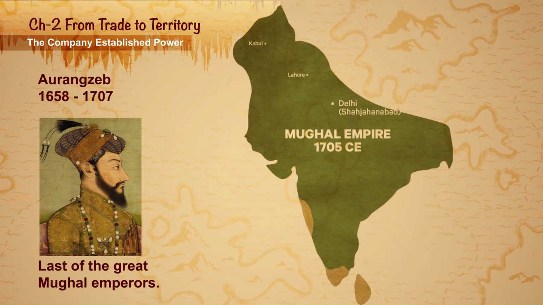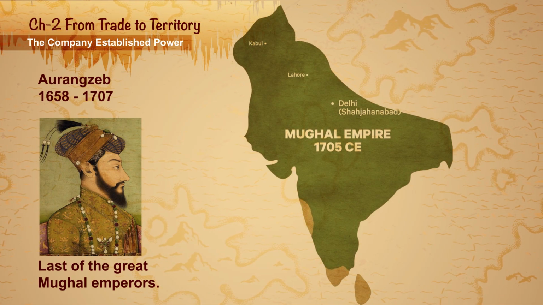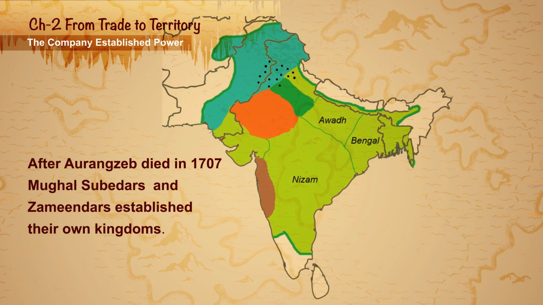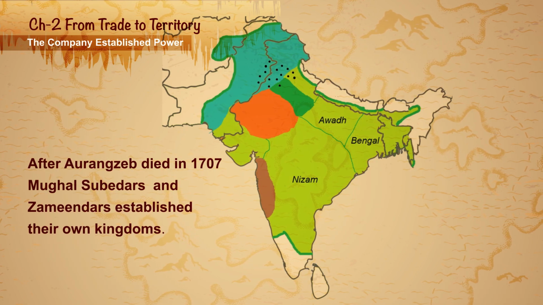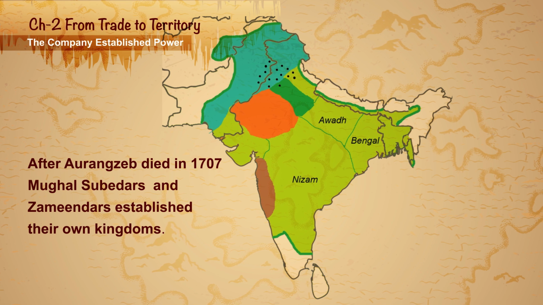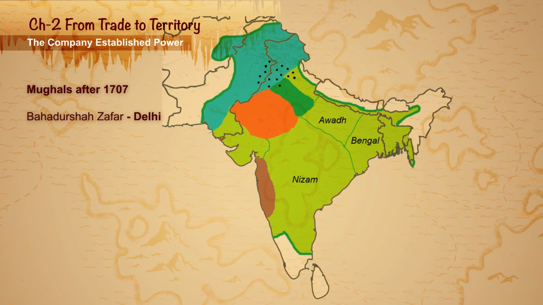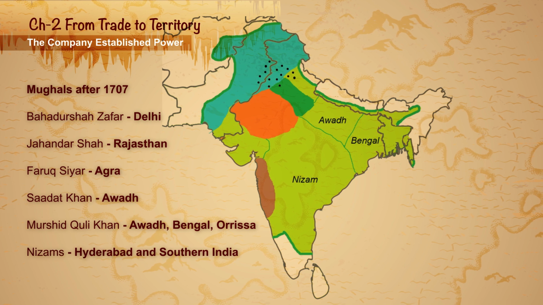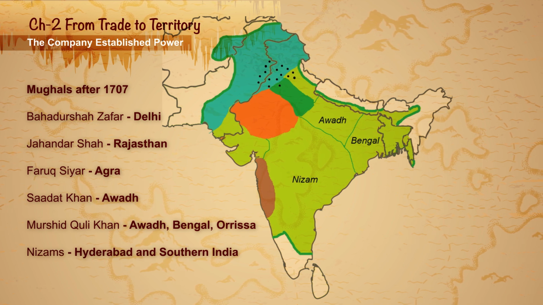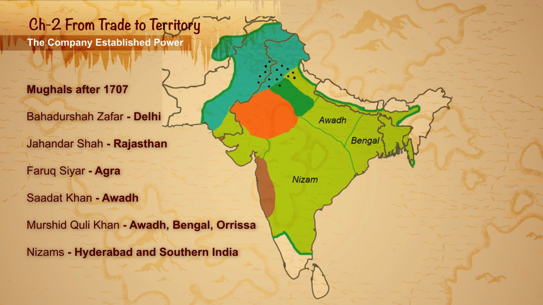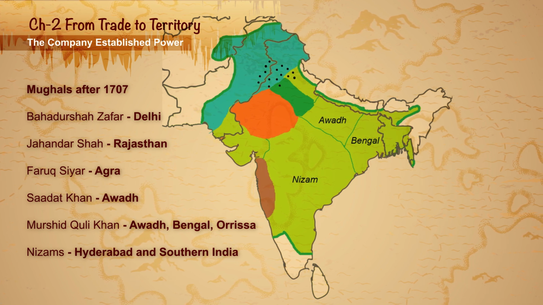In the Mughal Empire, Aurangzeb was the last powerful ruler who controlled a very large territory of India. After his death in 1707, various Mughal governors, who were also called Subedars and Zamindars, established their kingdoms based on regional locations. As multiple kingdoms got established in different parts of the country, Delhi lost its influence as an effective operating center for the Mughals.